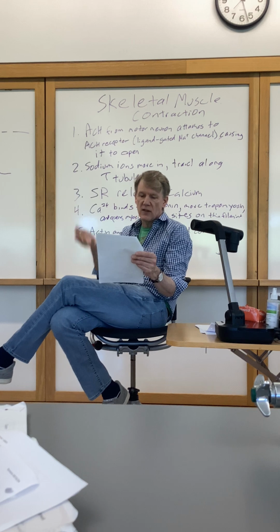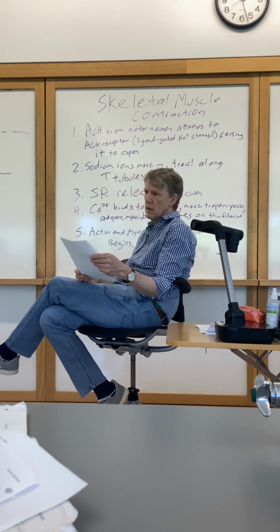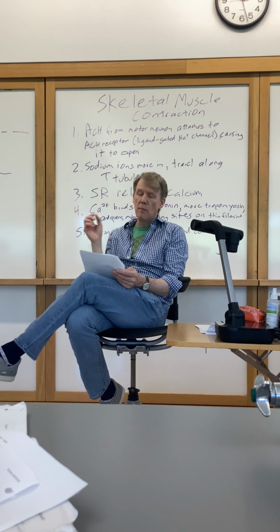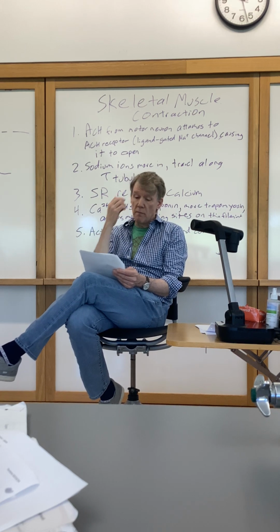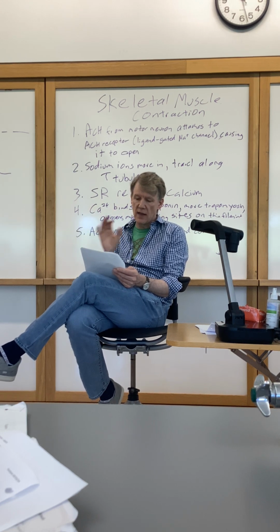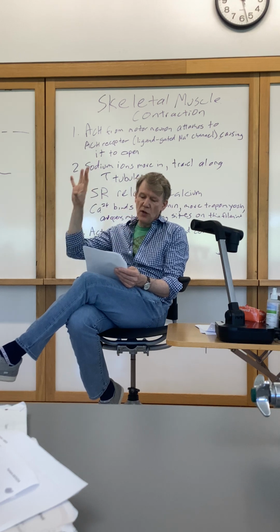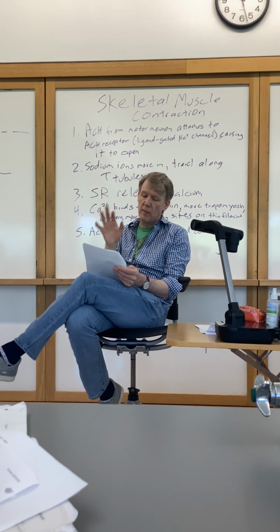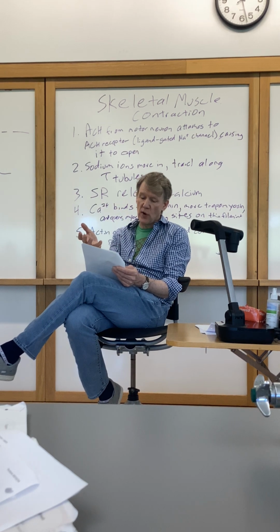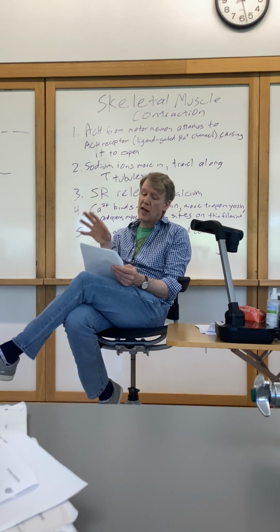So fibrous tunic's on the outside. What's the name for the middle layer? That's the vascular tunic, or it's sometimes called uvea. Most of the vascular tunic is made up of the what? The choroid, which is a heavily pigmented area that prevents light from bouncing around. Until you go to the front part or anterior part of the middle layer, and that would be where you have the ciliary body, and that's where you'll have aqueous humor being secreted. That's also the area where you have the ciliary muscle that can contract and change the shape of the lens,